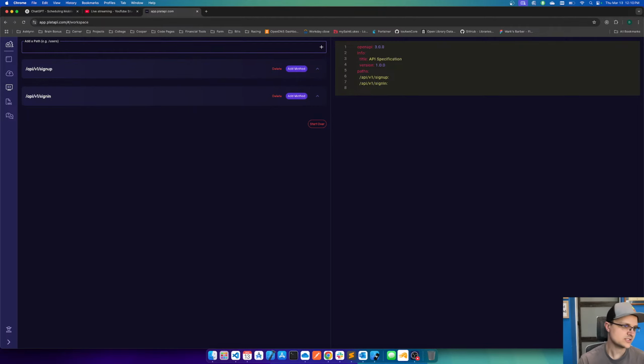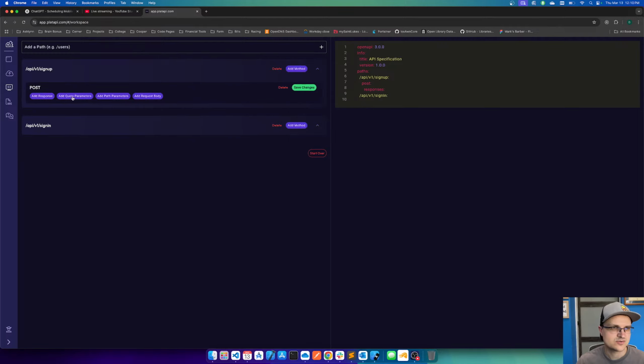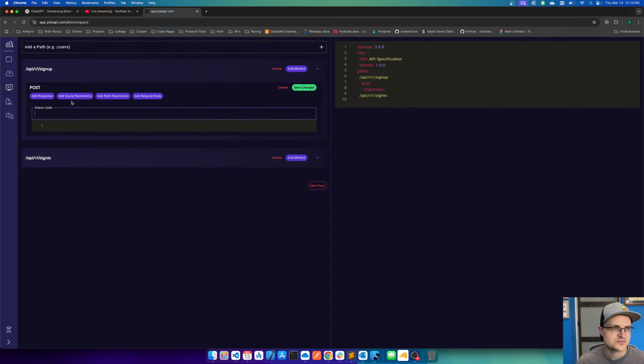I'm actually going to hold off on doing the forgot password endpoint because I want to make sure that if we create a new endpoint, it falls into the same API. So a little bit of debugging here too. Sign up is going to be a post request. We're going to add a response. I'm going to make sign up be a 201, and the reason is